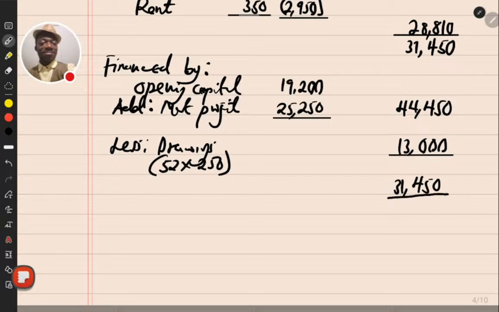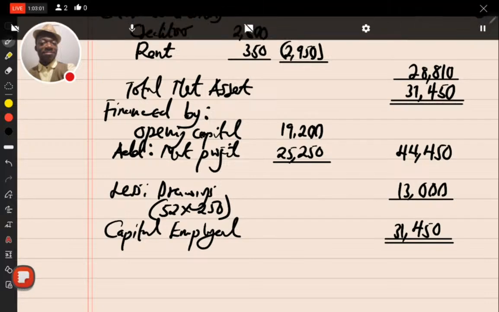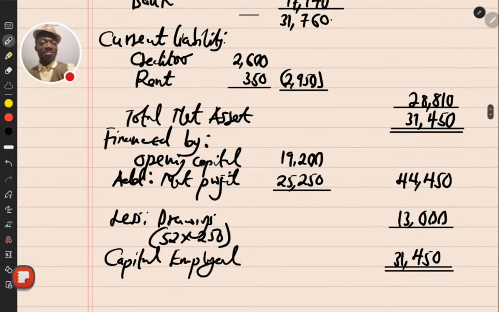So when we less that, then we're supposed to have a value of 31,450 as our balancing figure. And this is going to represent what we call the capital employed, and both sides will agree. So we'll have our capital employed. So here becomes our net asset, total net asset. Double lines, and we are good to go. And this is how naturally this question is being